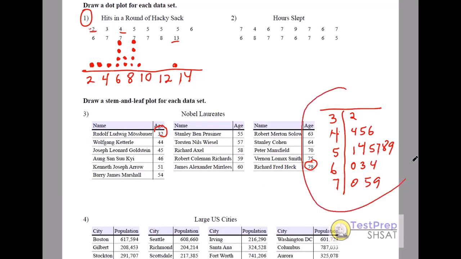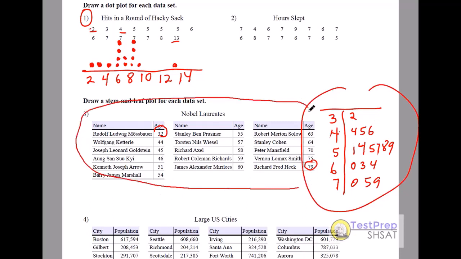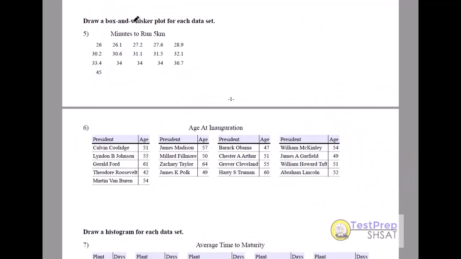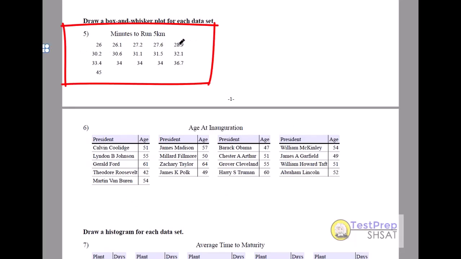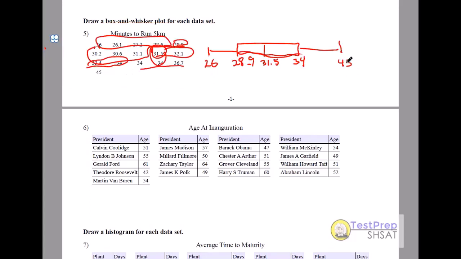So this is essentially the equivalent to all of this in a way that will hopefully help us see in more detail or more visually what the central tendency of the data is. We could also draw a box and whisker plot, or a box plot is typical on the exam. Let's work with number 5. So I notice I've got 5, 10, 15, 16 data points. And so the box plot